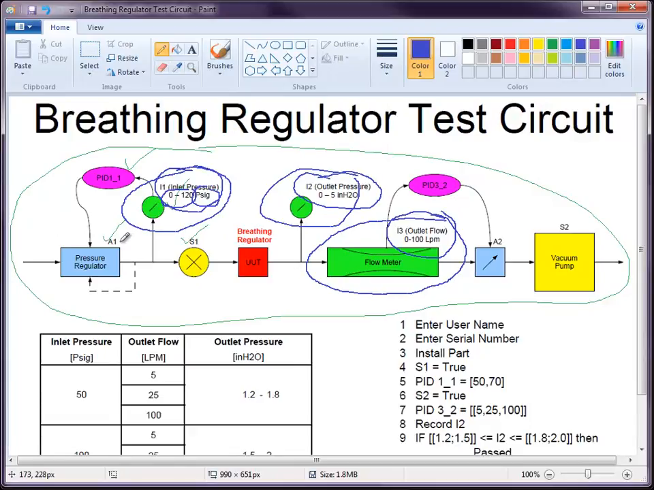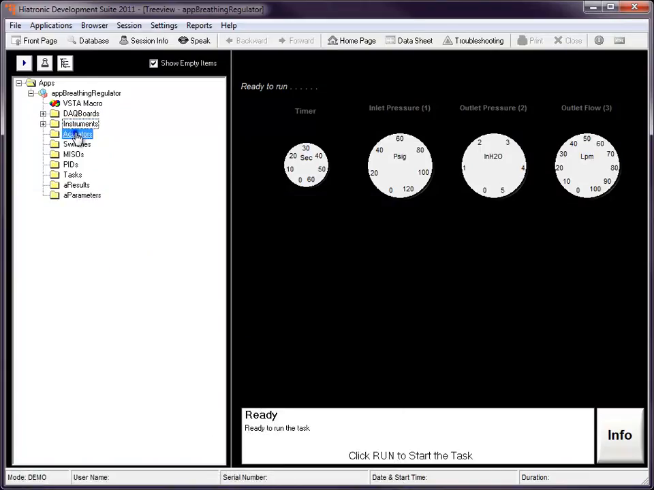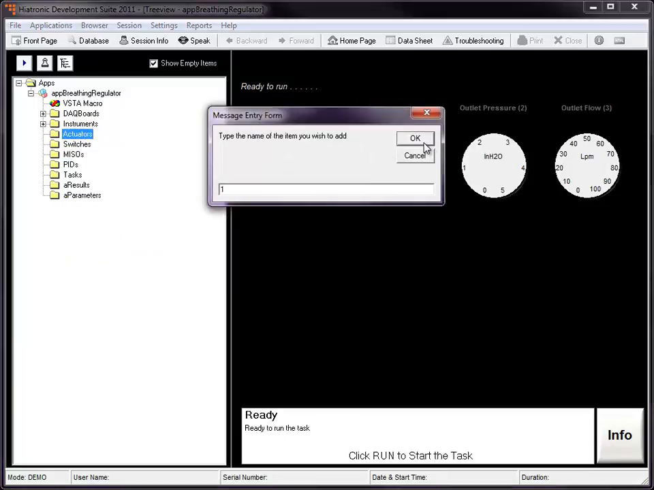Next, we're going to add actuators. So we're going to add actuator 1 and actuator 2. Actuator 1 is a pressure regulator. Actuator 2 is a proportional valve. So we're going to add actuator 1